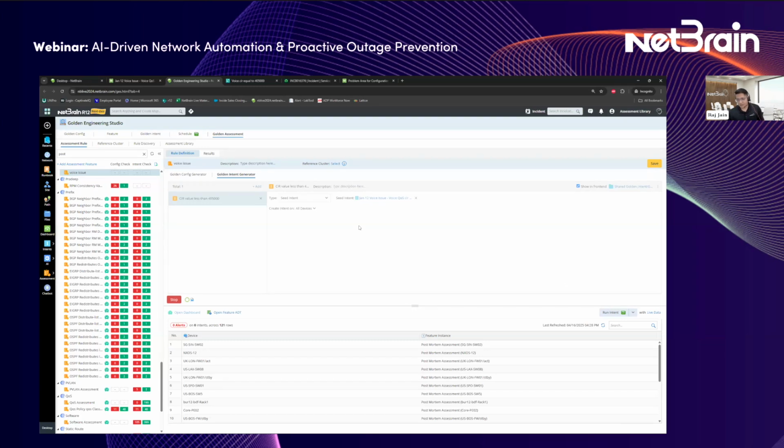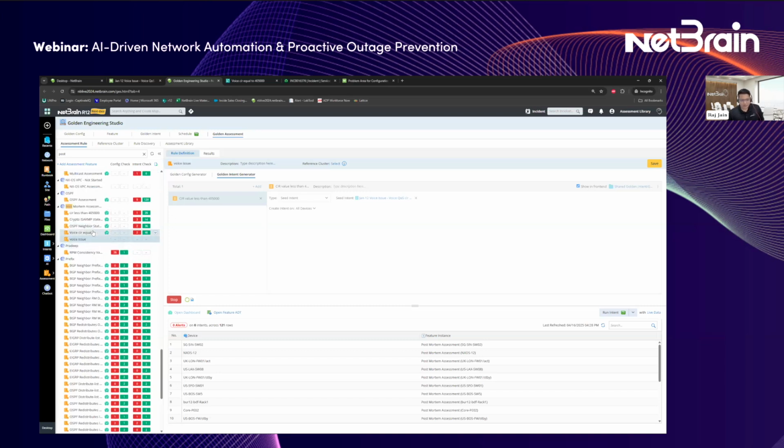And generate. What this does for me right now is take that intent, go through each and every one of my devices. Now, a lot of these devices would not even have QoS configured on them. They're not worked on. A lot of these devices would not have the class voice, right? But if those criteria are met, and if we found devices, we're going to go in there and then find out if their CIR value is less than the standard.